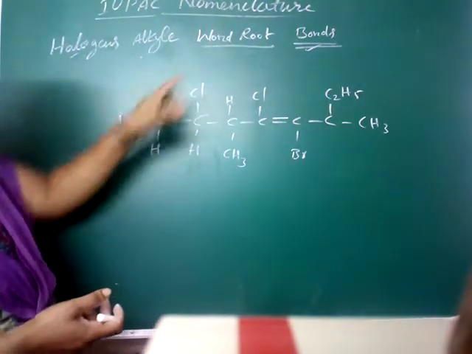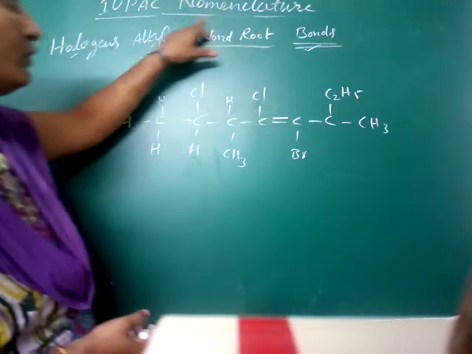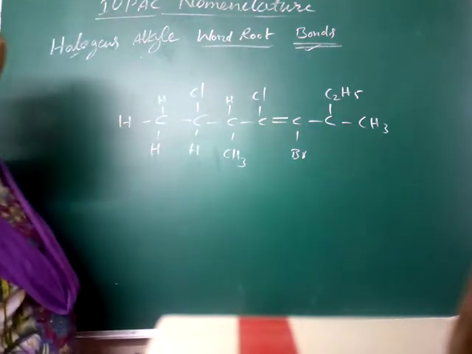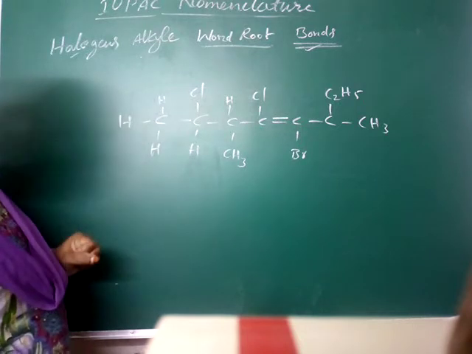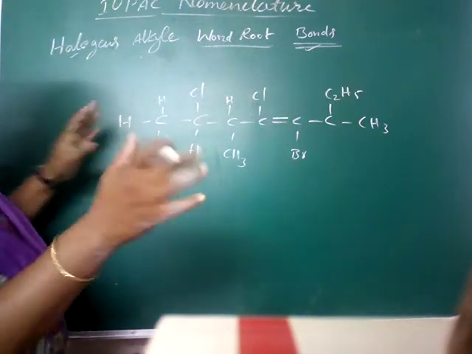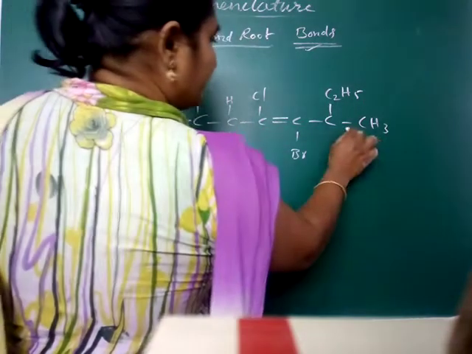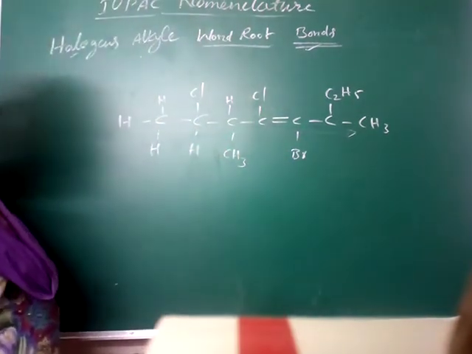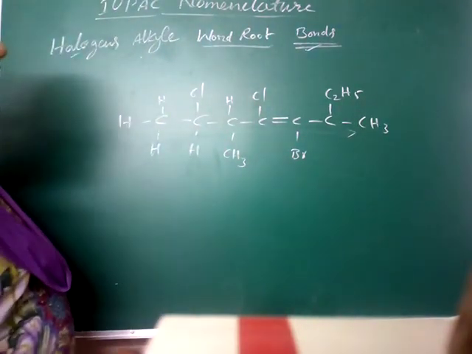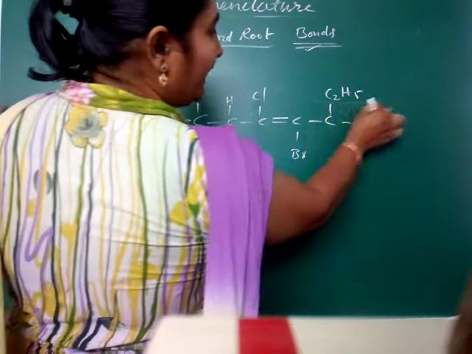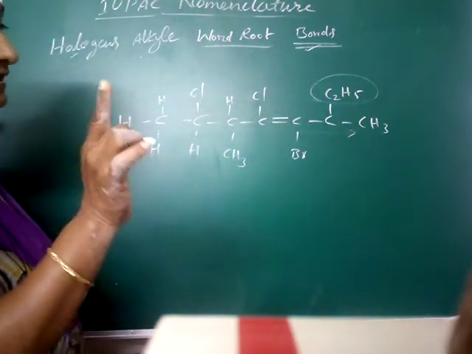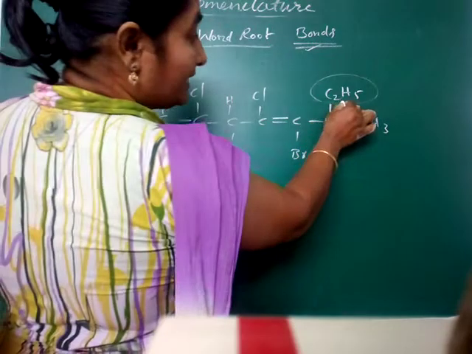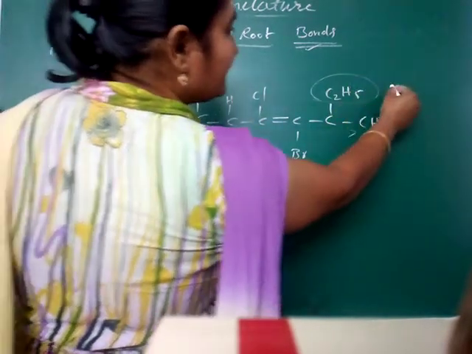Okay, first you have to know the word root. What is the word root here? That means the parent chain. We have to observe what the parent chain is. We all think this straight line is the parent chain, but you have to separate. C2H5 is there, no? Don't put it like this; you have to separate this one as a